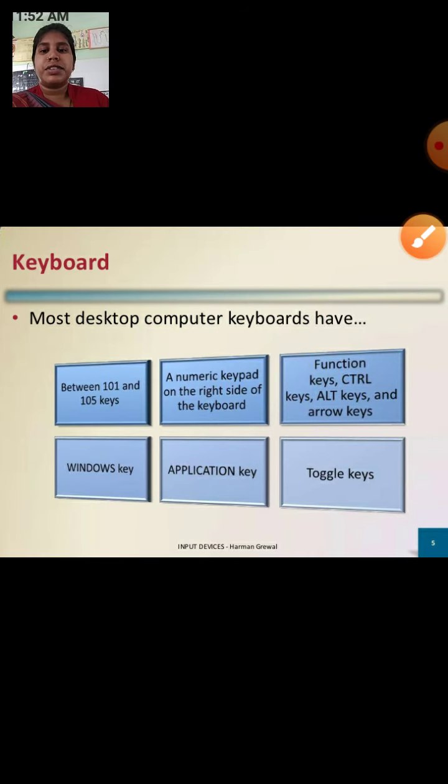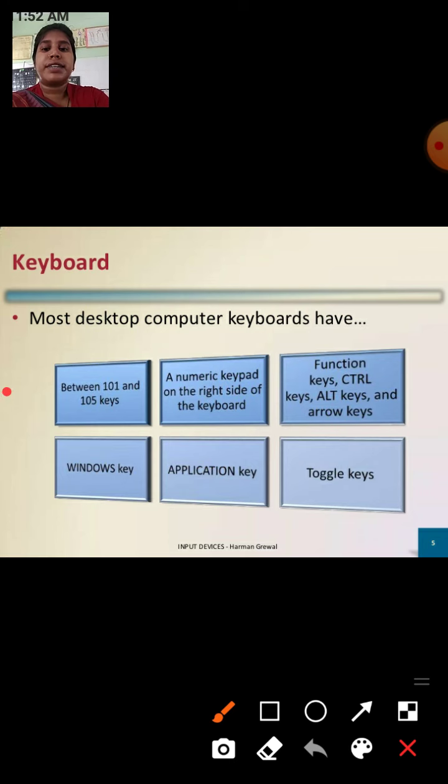Now here we see what most desktop computer keyboards have. A desktop means the system that has all units, CPU, speaker, printer, monitor, keyboard, mouse, all these things set up on a desk. So this is the desktop computer. A desktop computer keyboard has between 101 and 105 keys, a numeric keypad on the right of the keyboard, that is 1 2 3, function keys, control key, alt key and arrow keys.